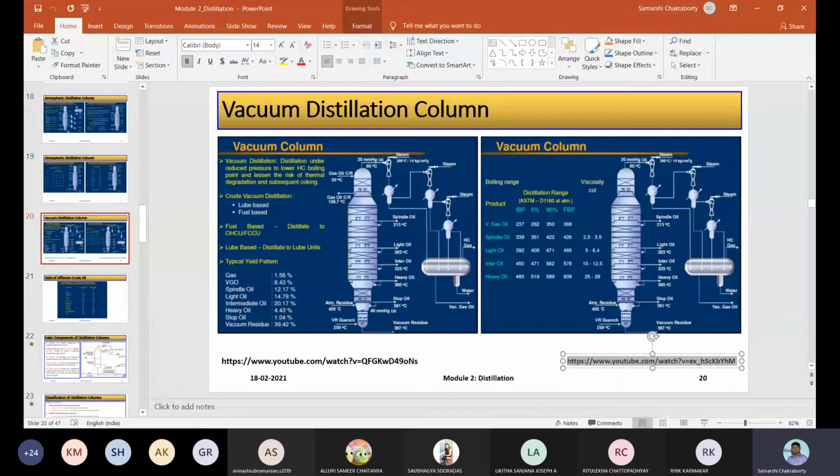For example, for vacuum gas oil, it varies between 237 to 368 degrees centigrade. For spindle oil, it varies between 339 to 426. Similarly, for light oil, between 390 to 485. For inter oil, between 540 to 578. And for heavy oil, it varies between 485 to 608 degrees centigrade. But the one thing we